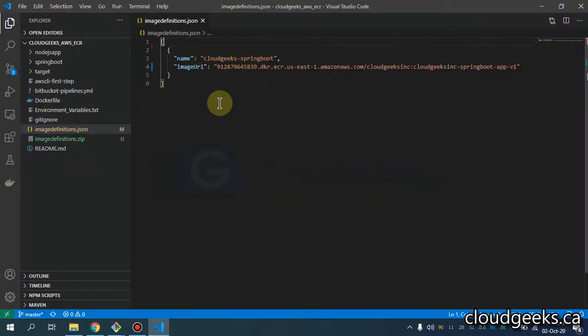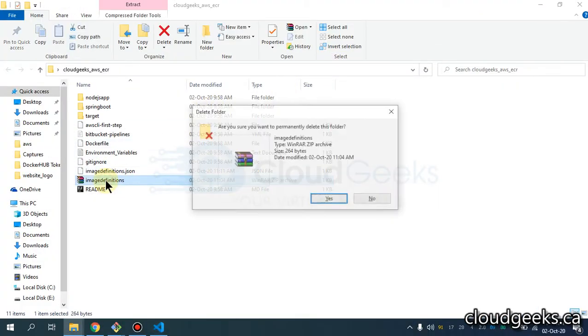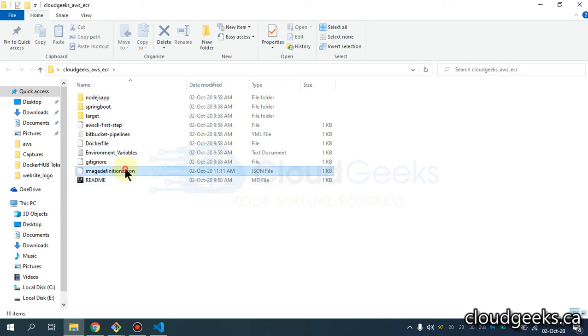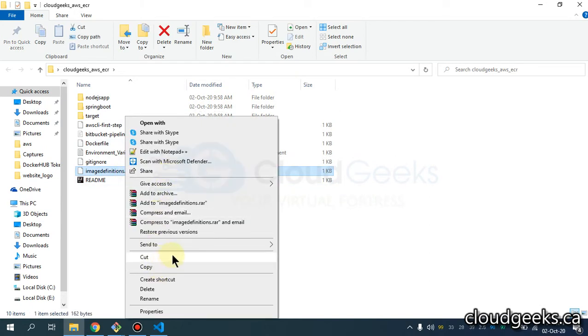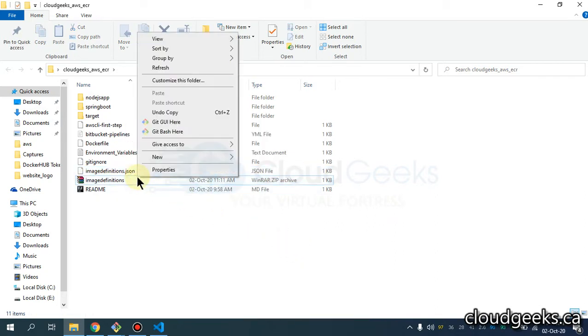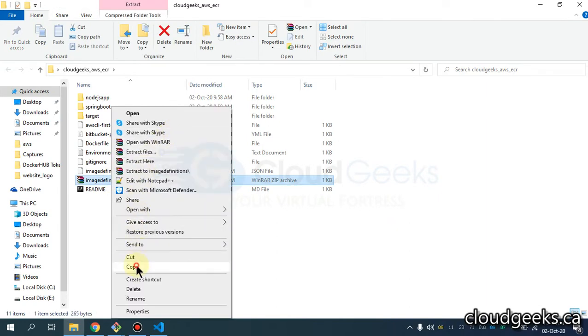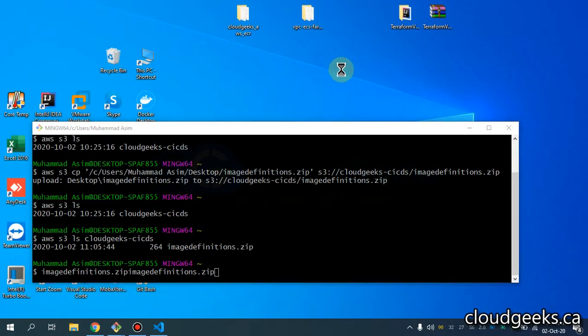So you see, I've saved it, so it is not giving us an error. So I'm going to remove this existing zip and simply create the zip again. Okay, send it to zip, copy this. So no issue with that. I mean, once you post it again, you will see that